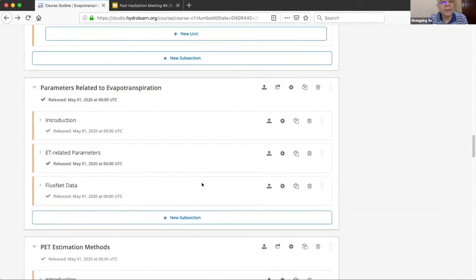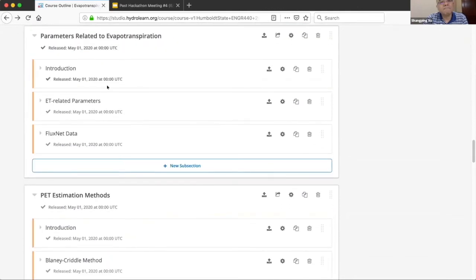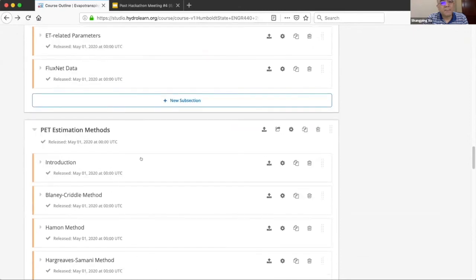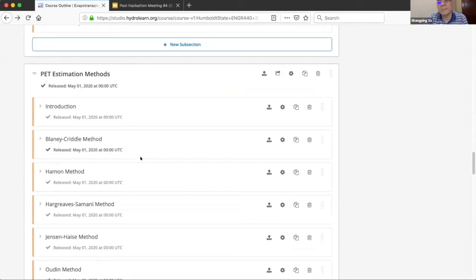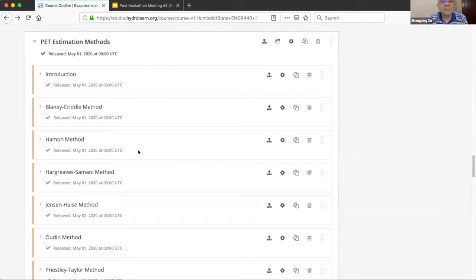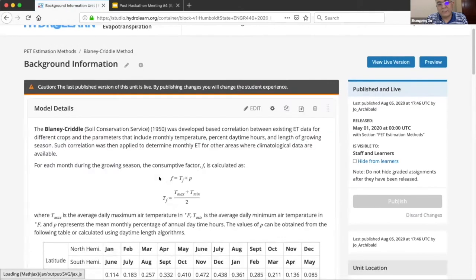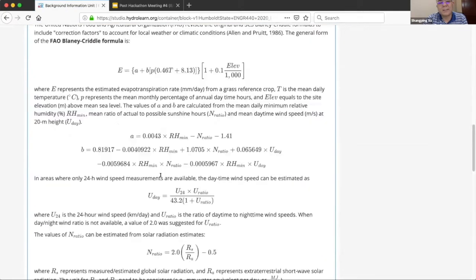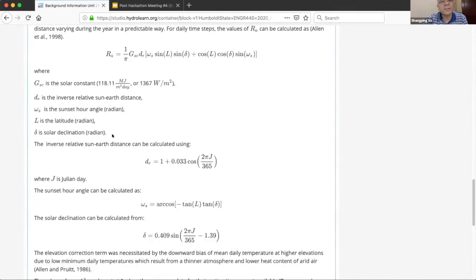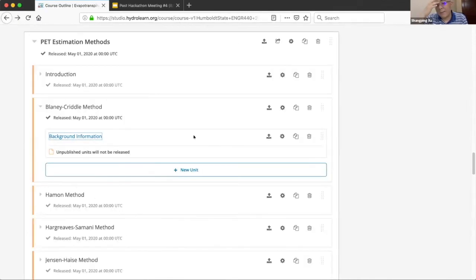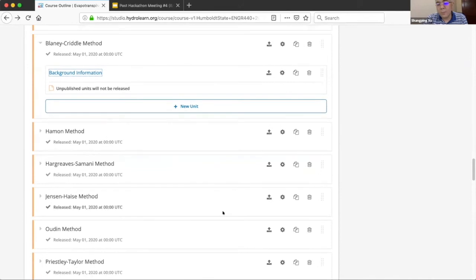And then we look at the PET estimation methods. As Joe mentioned, we have the temperature-based ones, which are very simple, like the Blaney-Criddle. This is pretty much a temperature-based method, and you can do some calculations. We have some radiation-based ones as well. But we pick these ones because, with this topic, you can have tons of different methods. We pick these mainly because these are the ones that were used by